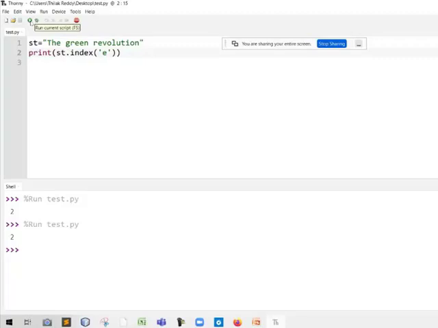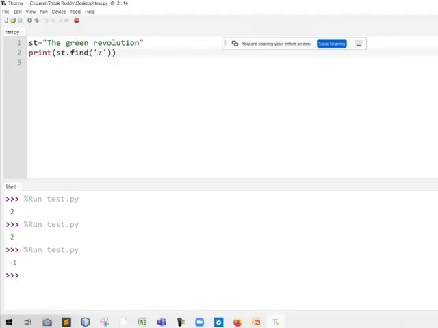Right? So now what is the difference? For example, if I enter Z here, the substring value is Z. If I use the find method and that particular substring does not exist in the actual string, then the find method will return -1.